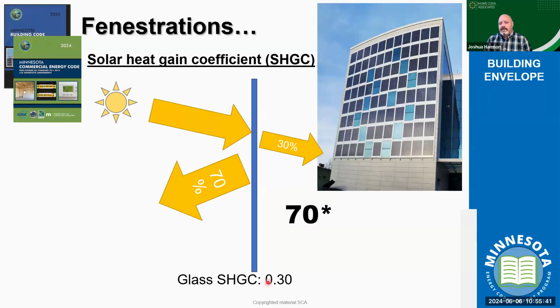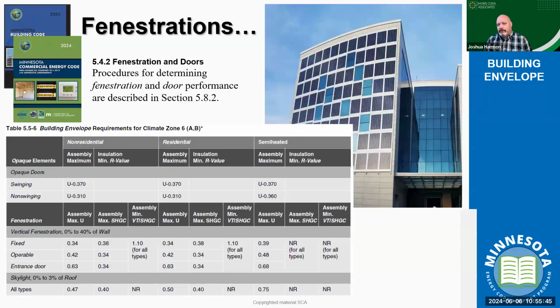And so we have these concepts like solar heat gain coefficients. If you remember back, if I click the right button and go back here, our opaque window is 0.34. Sorry, 0.38. In a fixed window, we're hoping to allow only 38% of the radiative heat through that window system. And that's the maximum value. We can always go lower.